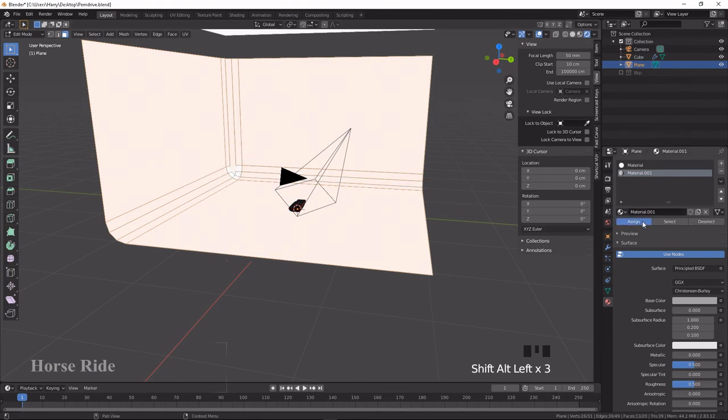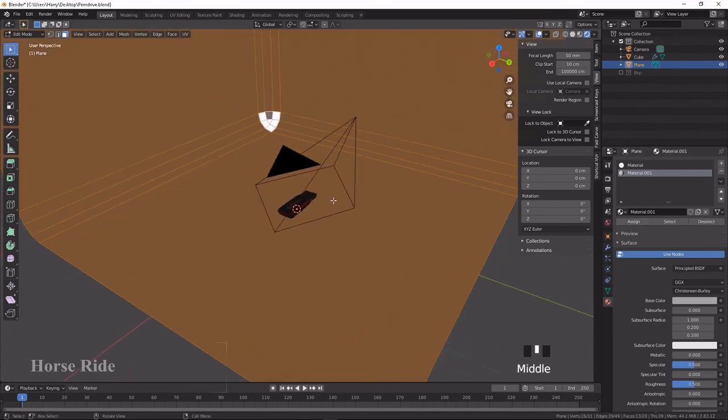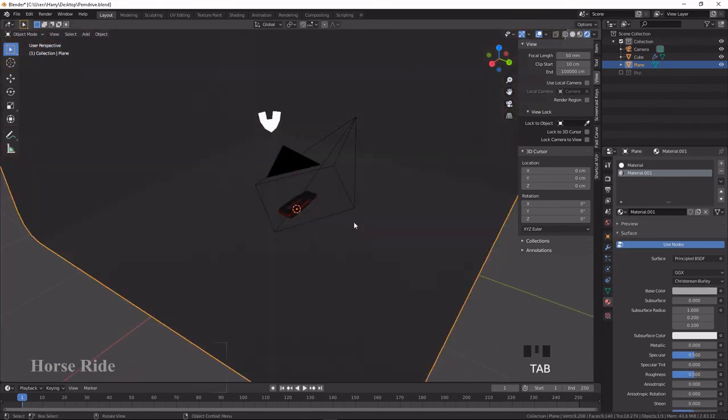Okay, I'm going to assign it for this. This is the material. Now I go to the render view, again press Z and go to the render view.